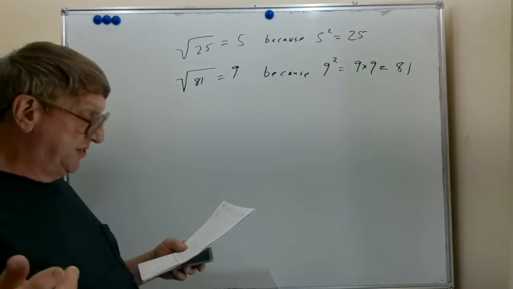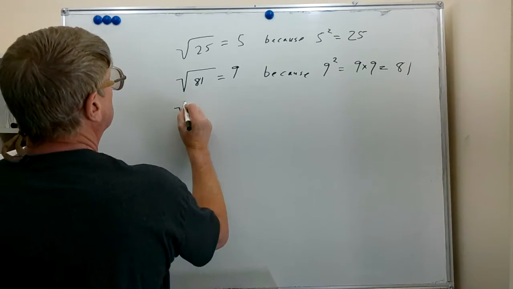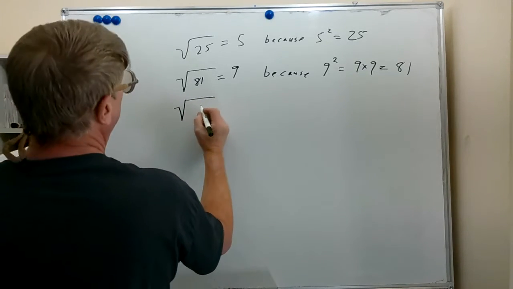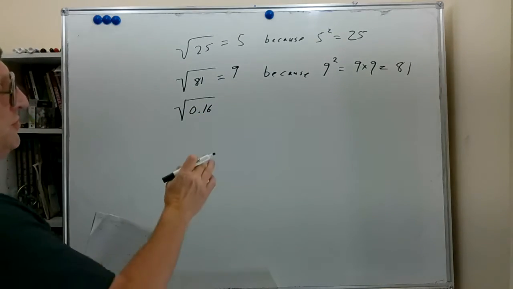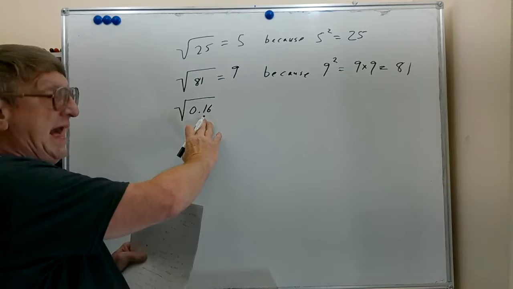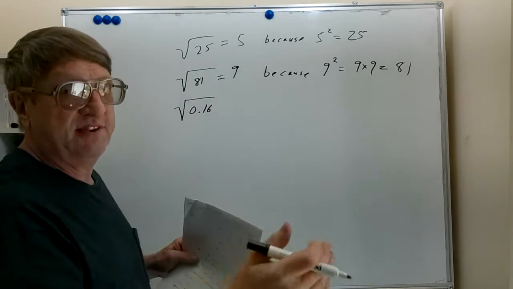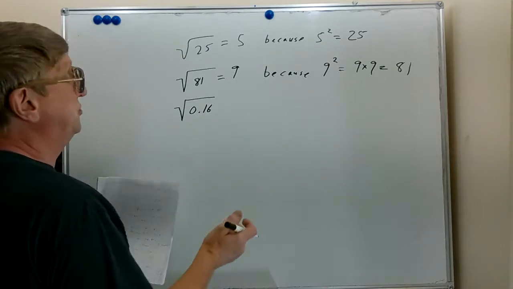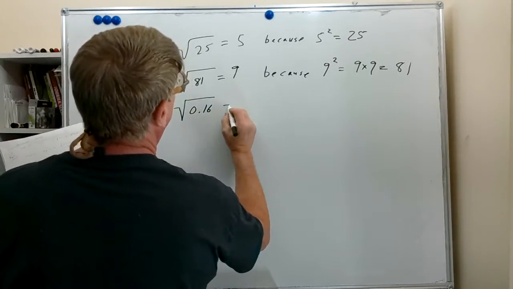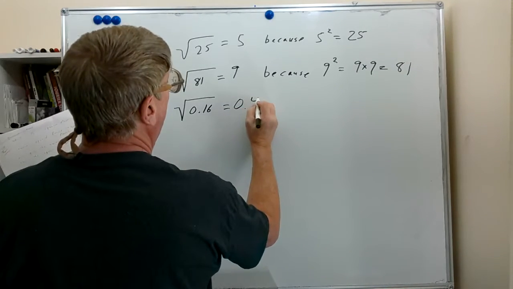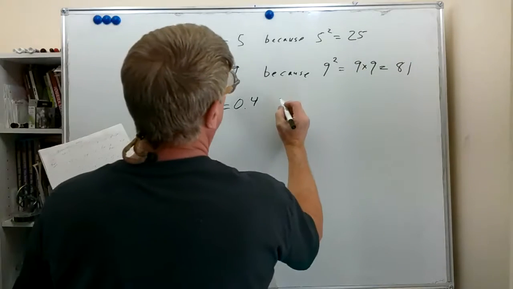Now we're going to do another descriptive example. The square root of 0.16. Now you'll notice this number has two decimal places. Whatever number we multiply times itself to get a number with two decimal places will be a number with one decimal place, right? Well, that equals 0.4, in one decimal place, as you see, because